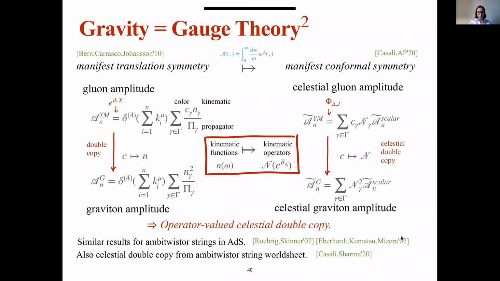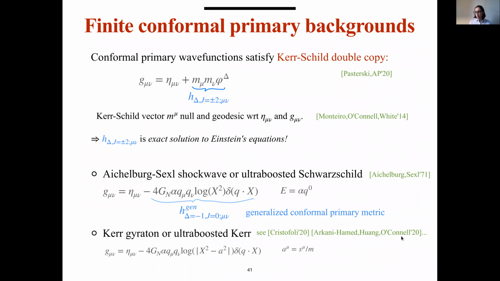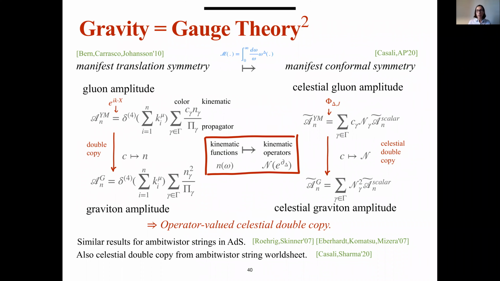Okay, I have maybe 1 minute left or so. So here I just want to mention that I've talked so far about soft limits, conformally soft limits, and the relation to asymptotic symmetries. I've talked about collinear limits of general celestial amplitudes and the UV sensitivity of celestial amplitudes. Another thing that's